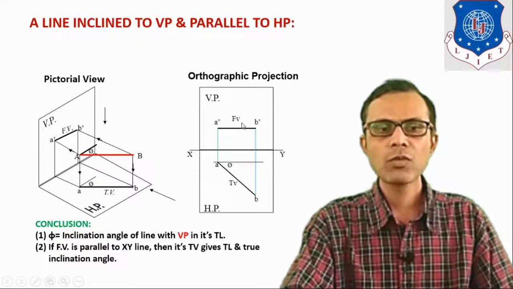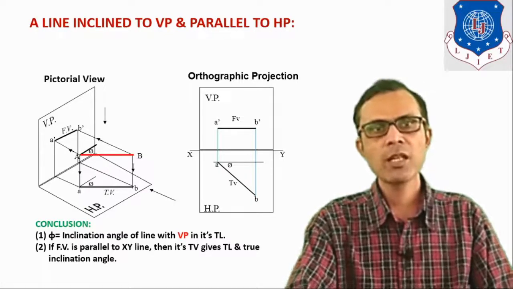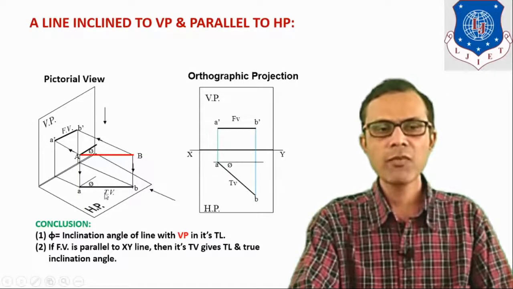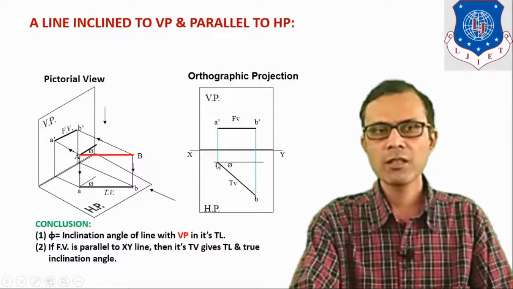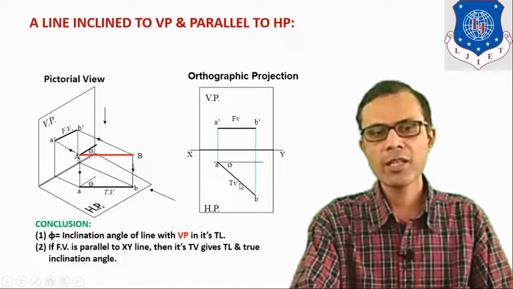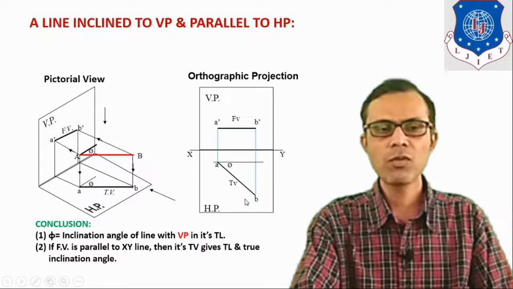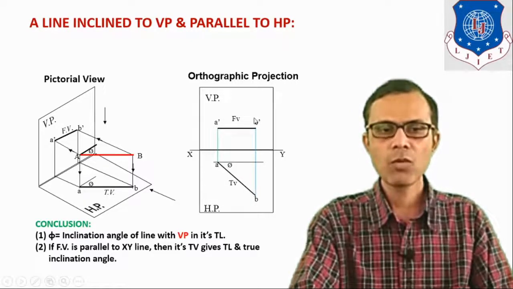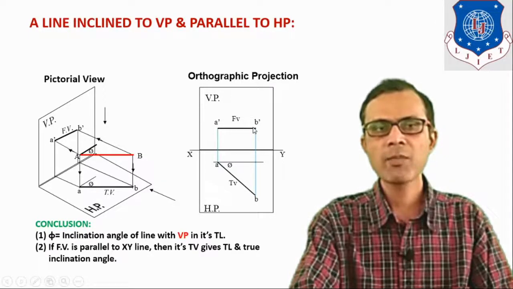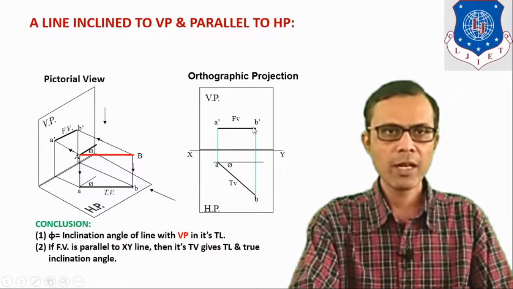Now for orthographic projection, HP is rotated by 90 degrees in clockwise direction. So this view, the top view, is shown here. Point A is first noted here, and from this point, with inclination angle phi, whatever value is given, this line AB is drawn, and the length of this AB line is equal to the true length. From A and B, draw the projection lines. This distance is the above HP distance, and it gives A dash B dash, the front view of the given line.